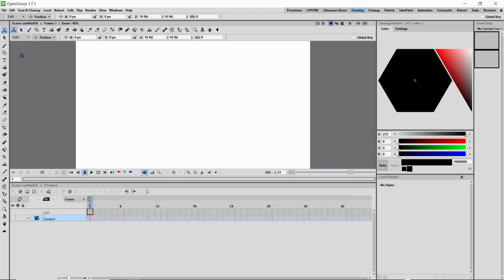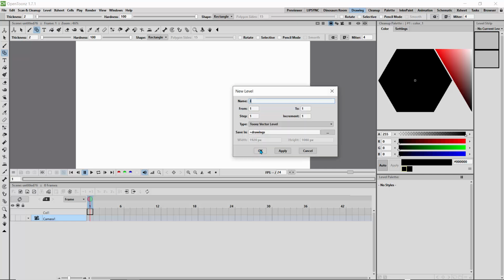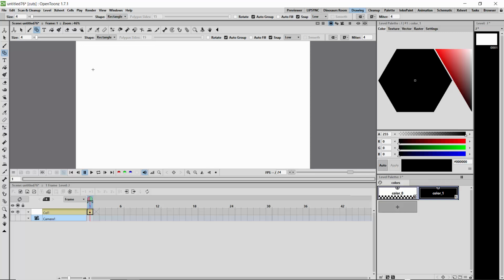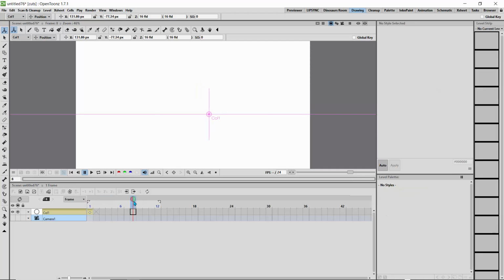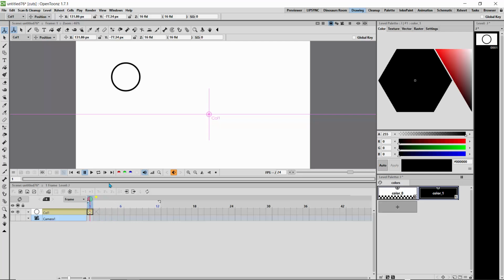So let's just do a very straight demo about this. So I'll create a vector level and I'll hit OK and quickly just describe what it does. So I'll just draw a circle like that. So I have this nice little circle, and what we can do is to animate the position of this object. So if I click on this, I'm just going to move it like that, and I'm going to move a couple of frames. So from here, I'll put this in the center like that,